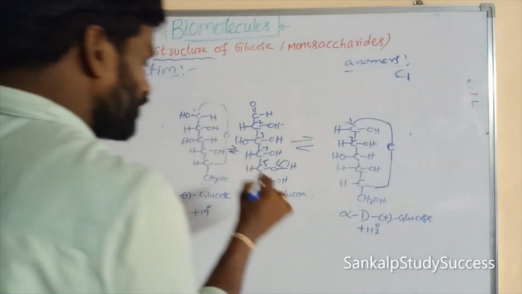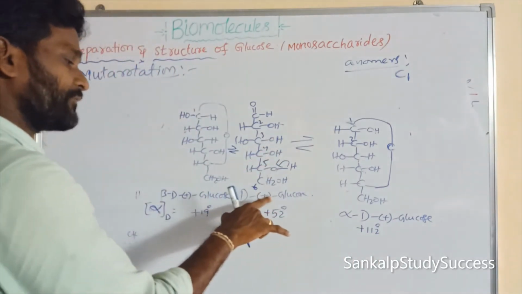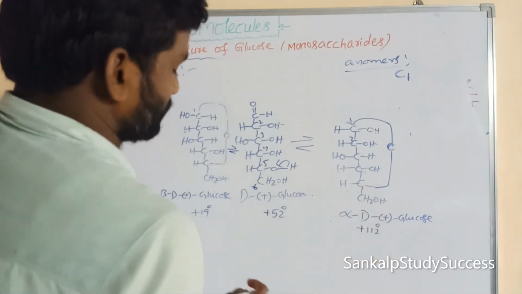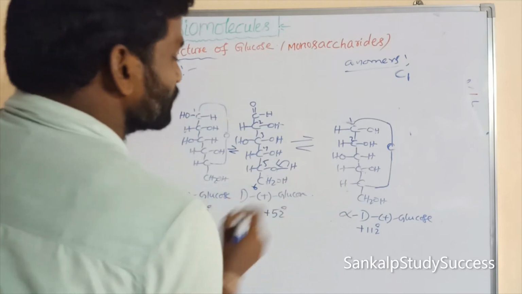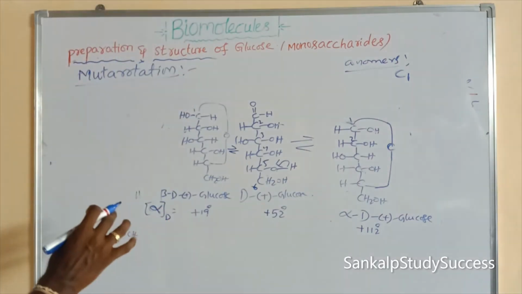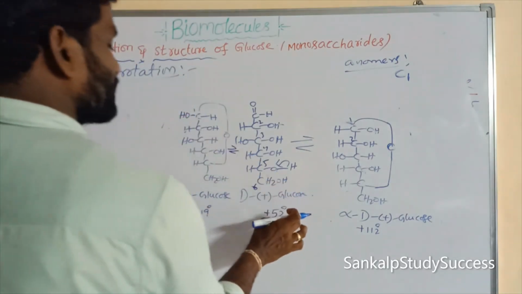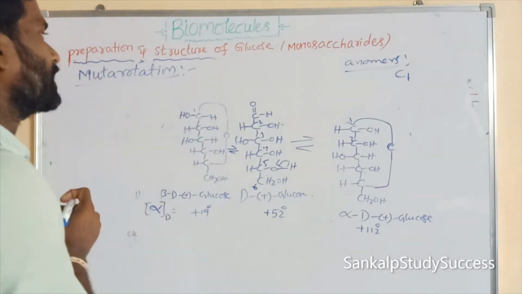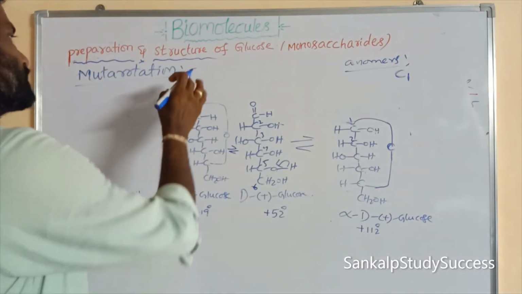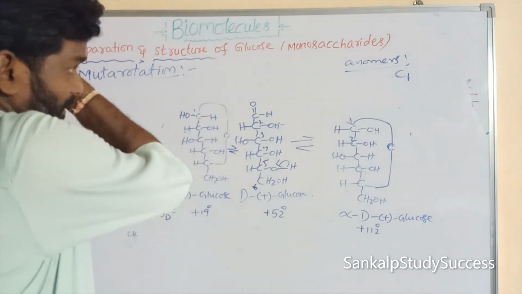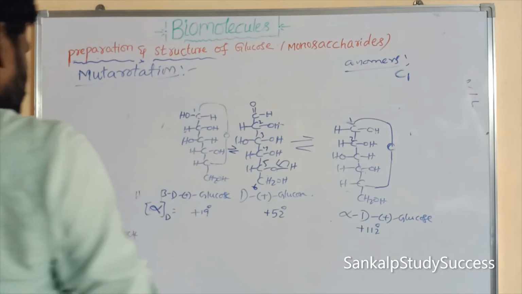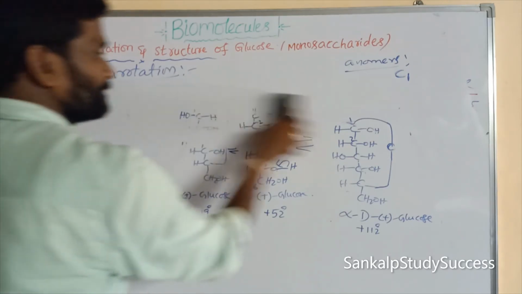That is the phenomenon of change in optical rotation of either form of glucose in aqueous solution to equilibrium mixture, known as mutarotation. So glucose can show mutarotation, right? Next we will discuss about